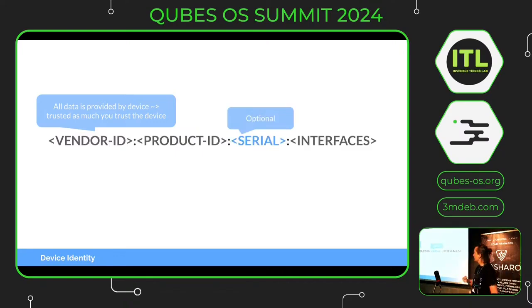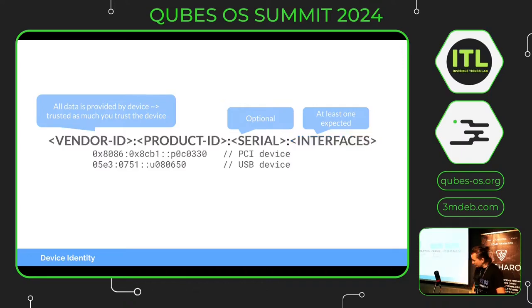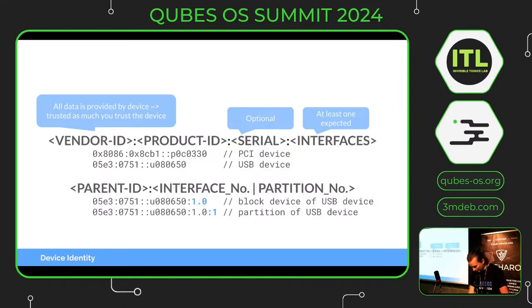Many USB or PCI devices have this serial number, but not all. And there are the encoded interfaces of the device. This is the example for the PCI and USB devices. It looks like that without the serial number. And this is the